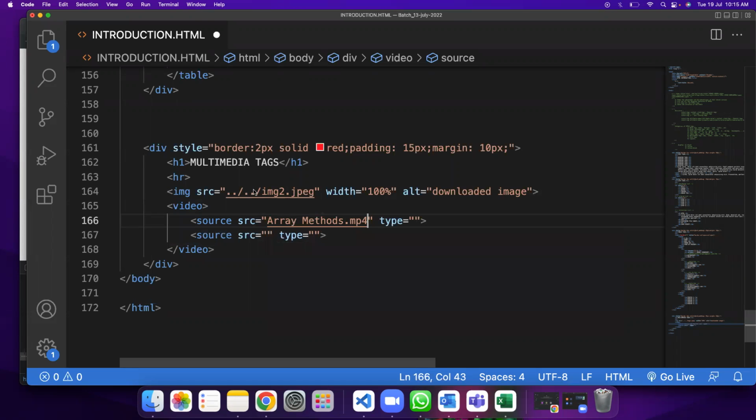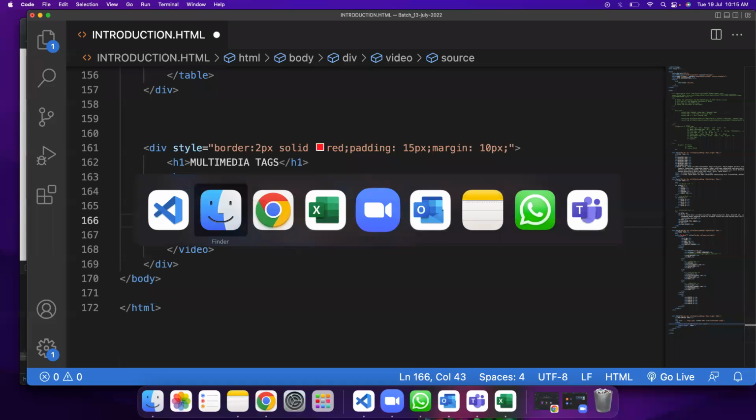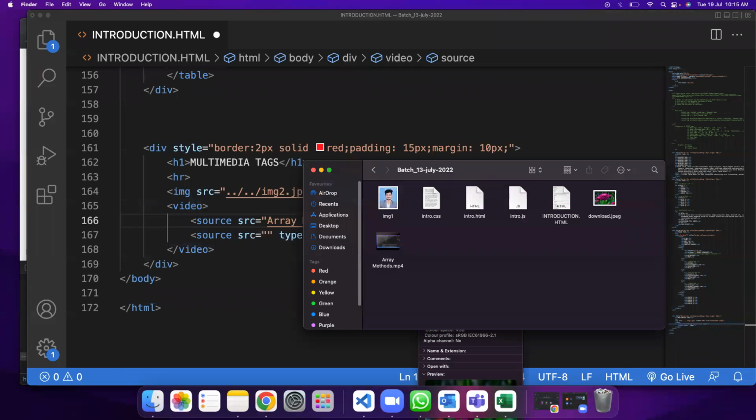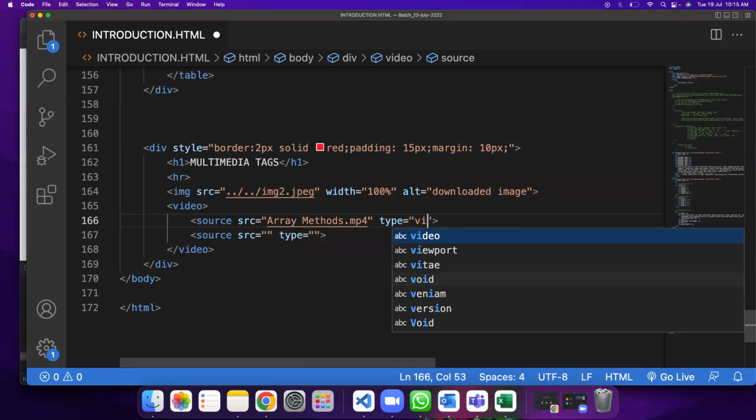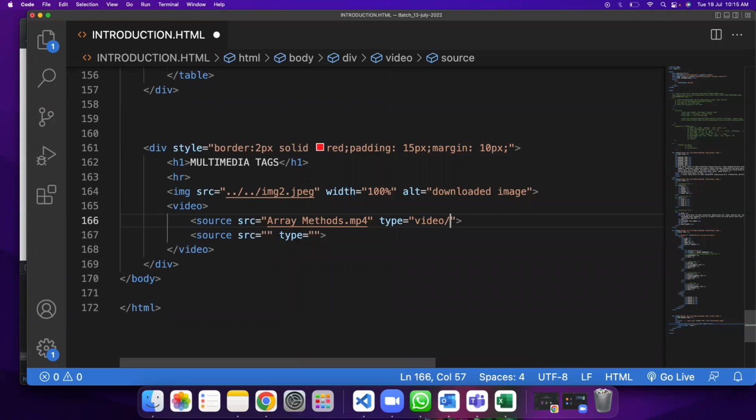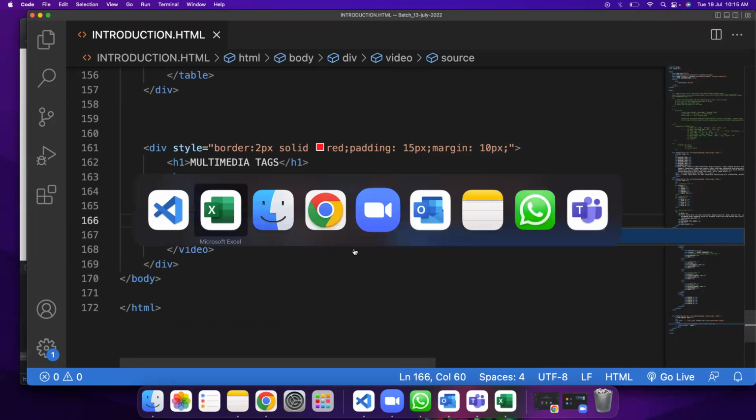Array methods dot MP4. So what is the type of the video here? MP4. So now I need to give video slash MP4. If I save it and go to the browser,